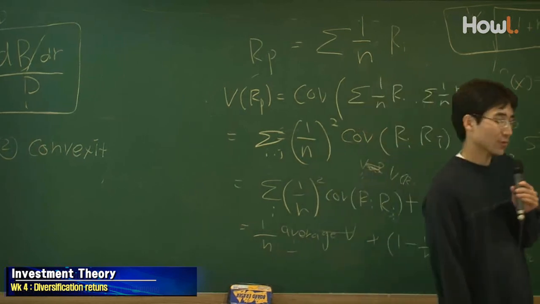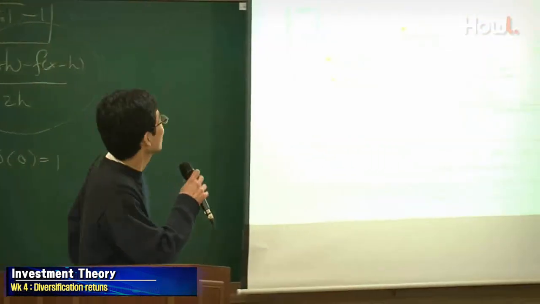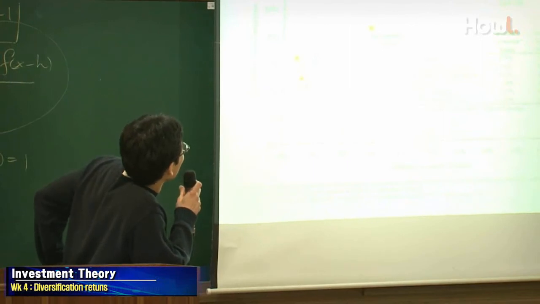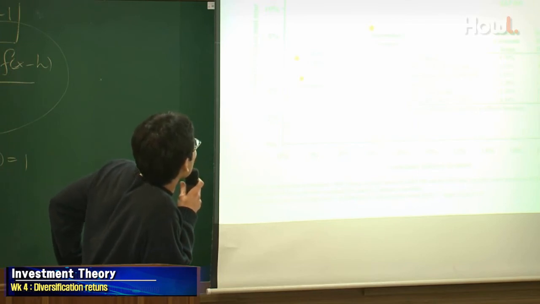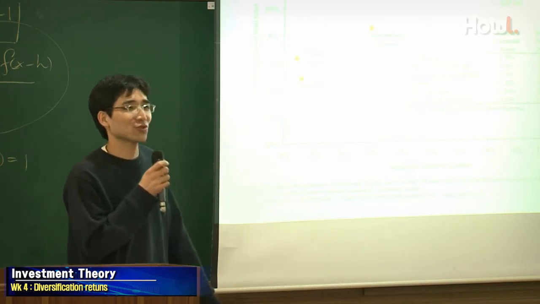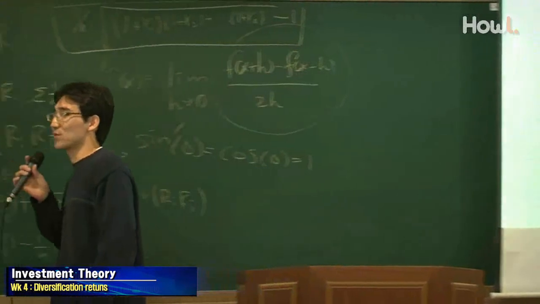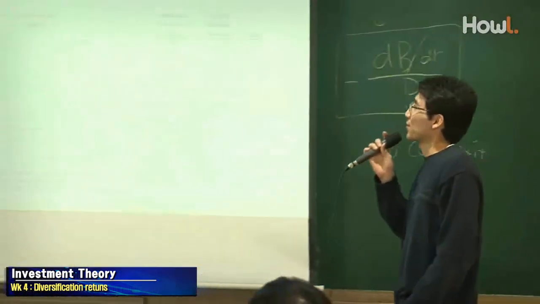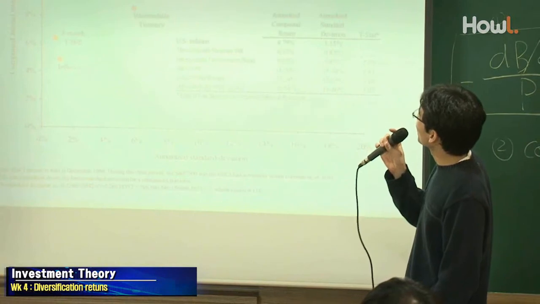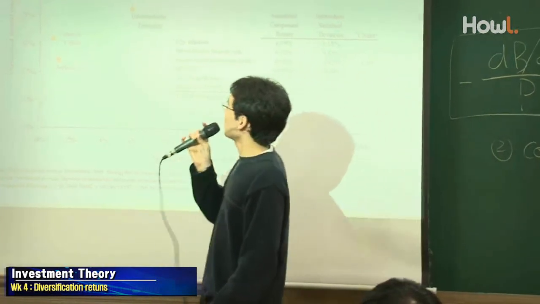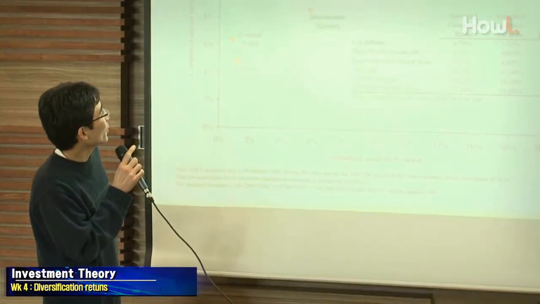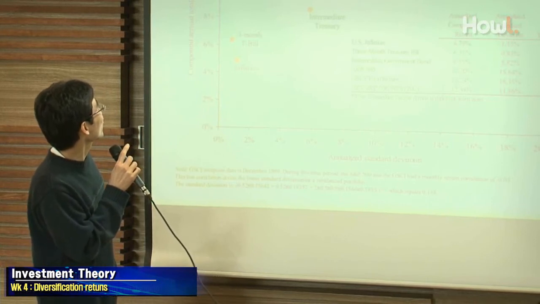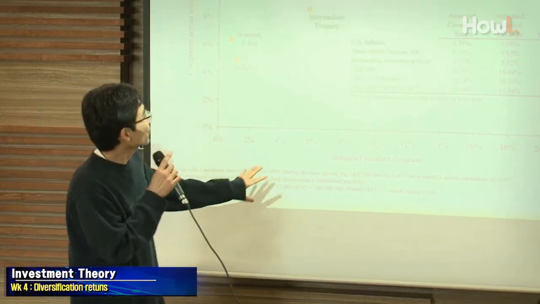So risk and return. Let's first look at the basic facts. The x-axis is the annualized standard deviation, and the y-axis is the compound annual total return. So it's a typical chart to analyze the risk and return relationship. Okay, we have various indexes. The first one is the 3 month T-bill. The 3 month T-bill is almost cash. It has a very low variance, and its expected compound annual total return is around